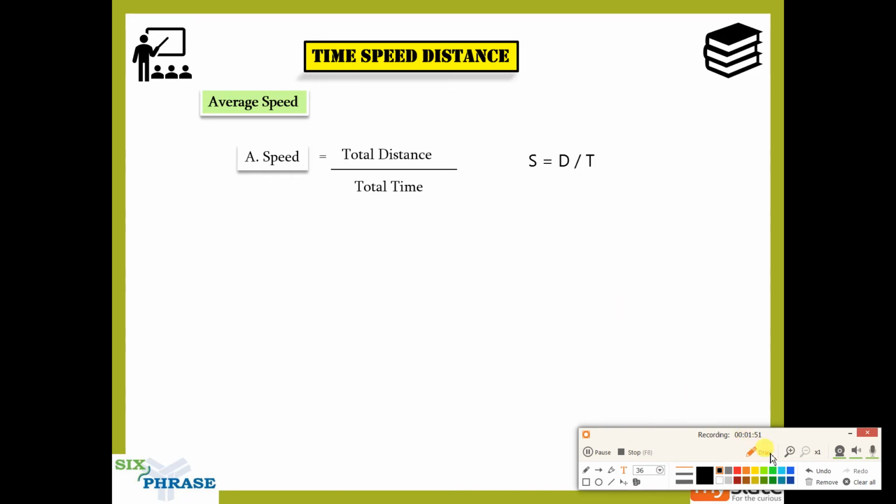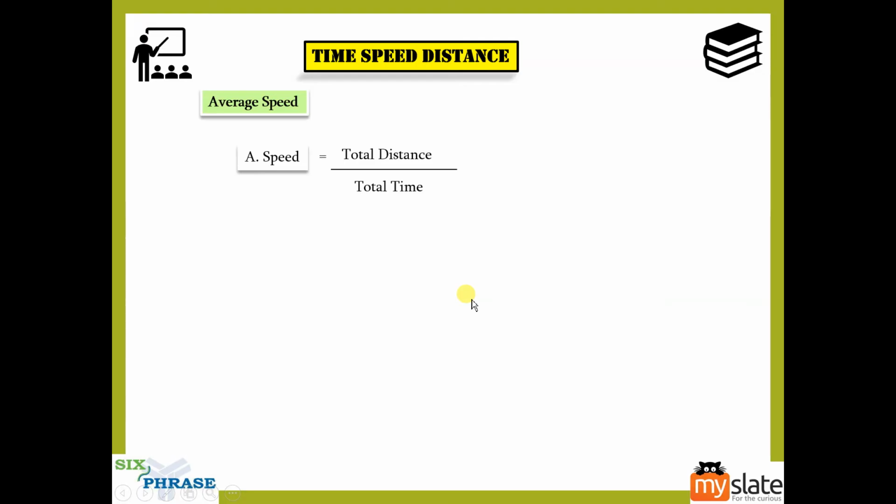But some of you would say, sir, I have learned a shortcut for average speed. Now, where do we use that? Yes, there are places where you use that, but you use this formula when distances are different. They'll say X moved 500 kilometers at 50 kilometers per hour, and the next 200 kilometers at 30 kilometers per hour. So the distances here are different. When the distances are different like this, you will have to use this formula, total distance by total time.